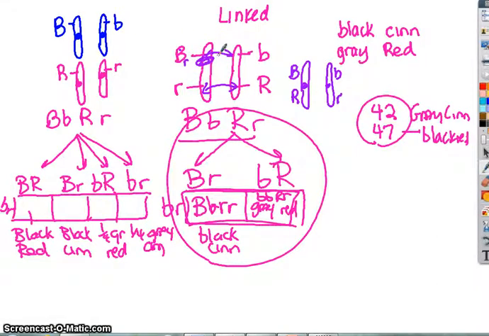But the bottom line is, in answering the question, obviously this is not a paragraph type answer. It would help, but you'd have to write something other than that they're inherited together as a package deal, that would support the data, they're carried on the same chromosome, and if crossing over happened, that would account for the small amount